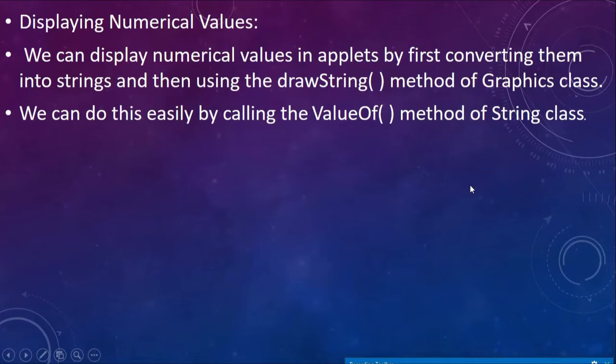Basically what happens is the applet treats any input that it receives as a string, but when some numerical input is given, that is either int, float and so on, in order to convert it, you should use the wrapper class called String and its method called valueOf. Okay, so now we will write a small code just to see how numerical values can be given as input to the applet and how the applet can display the final value. So we can see some program now.